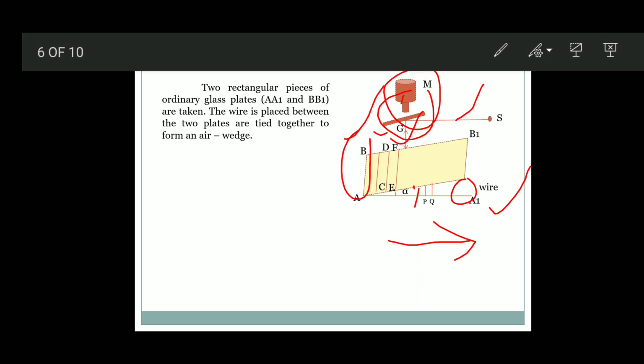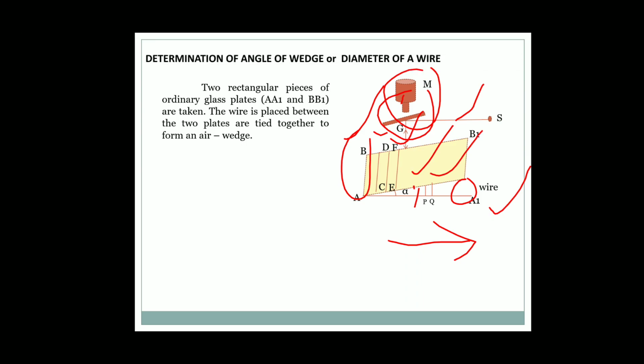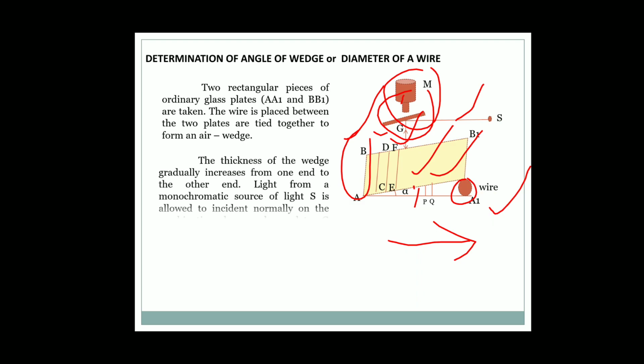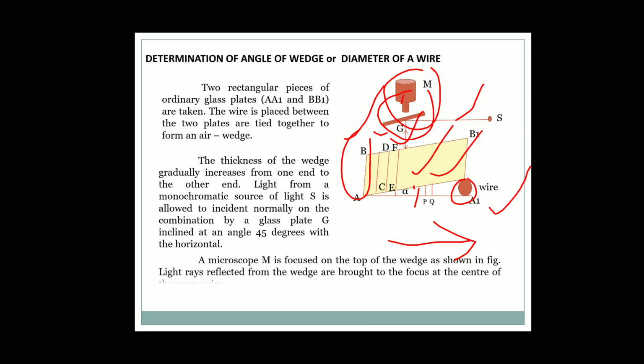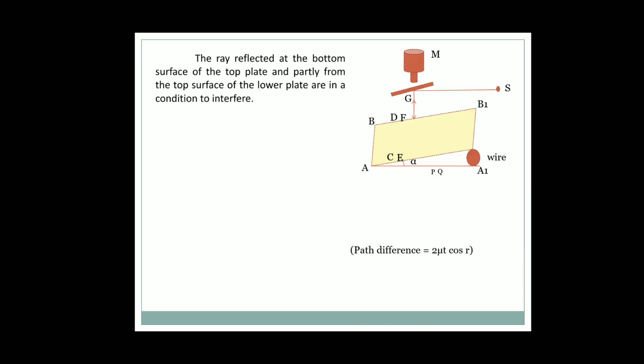Of course, where P is the nth dark fringe and Q is the n plus first dark fringe, let us assume. Now, what is the path difference between those two rays? That is the analysis of the above diagram. Now, the path difference between those two rays can be written as